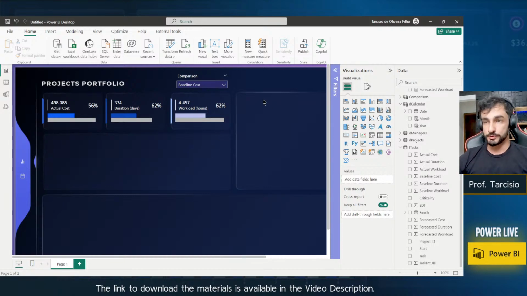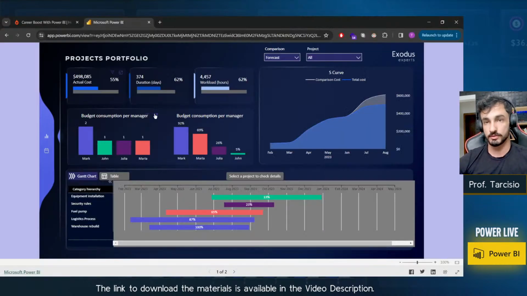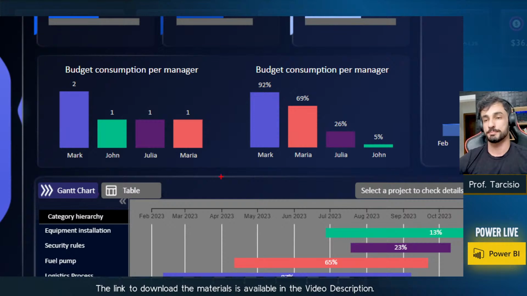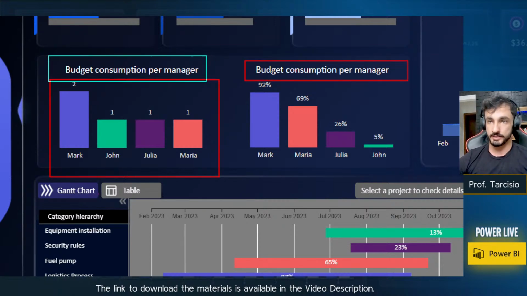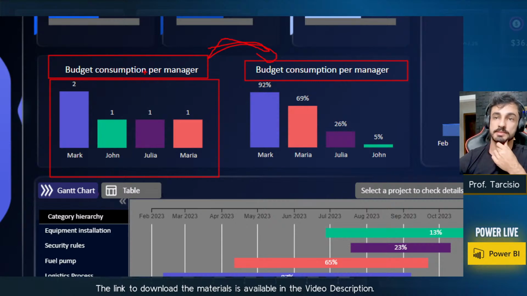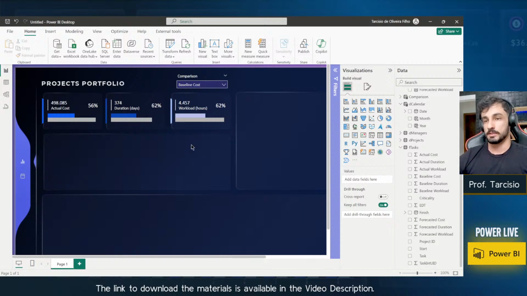Well, let's proceed now to the second part, the visualization of how many projects each manager has and how the budget consumption per manager is. I need to change this title. They have the same title, but this is about how many projects each manager has. Okay. So let's create this first. Let me see. We're going to use